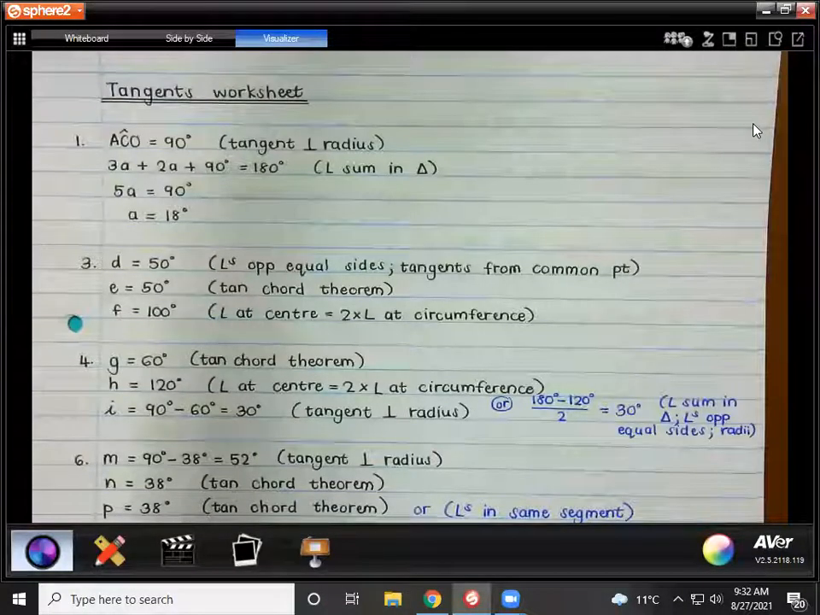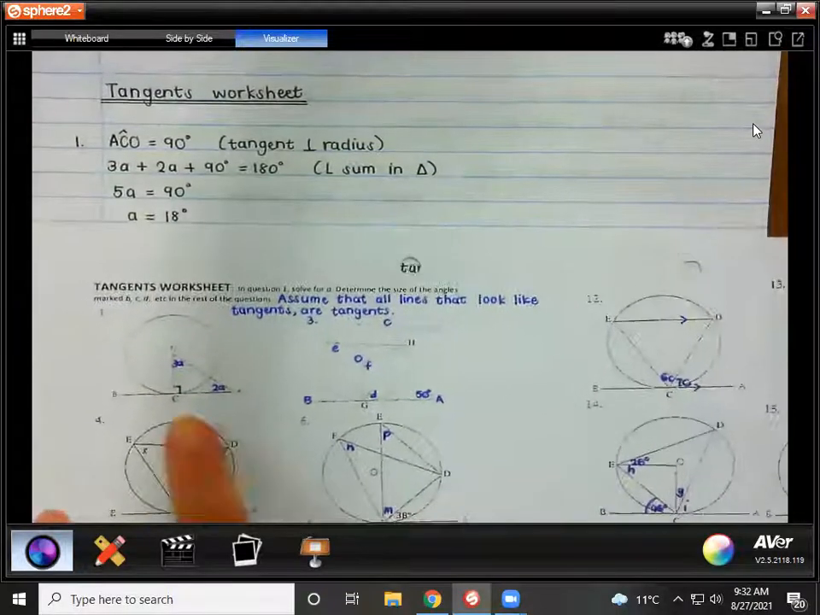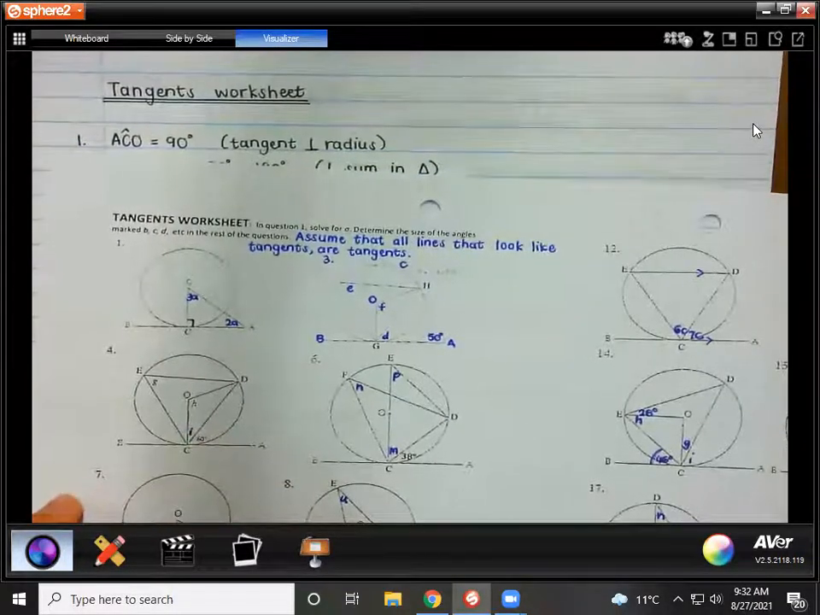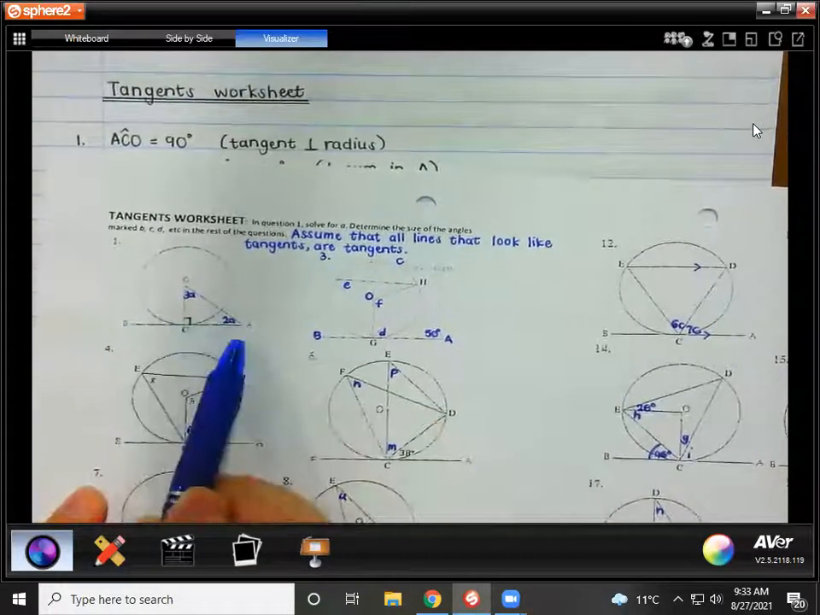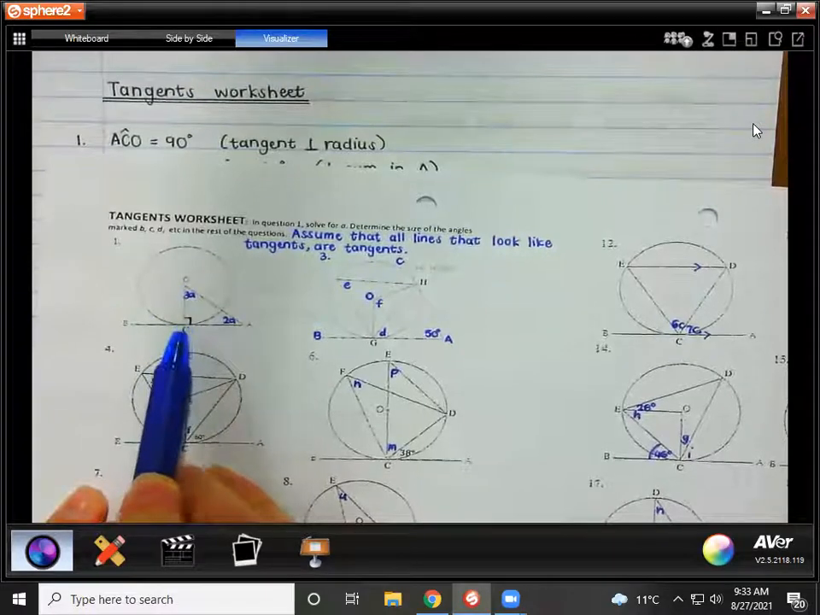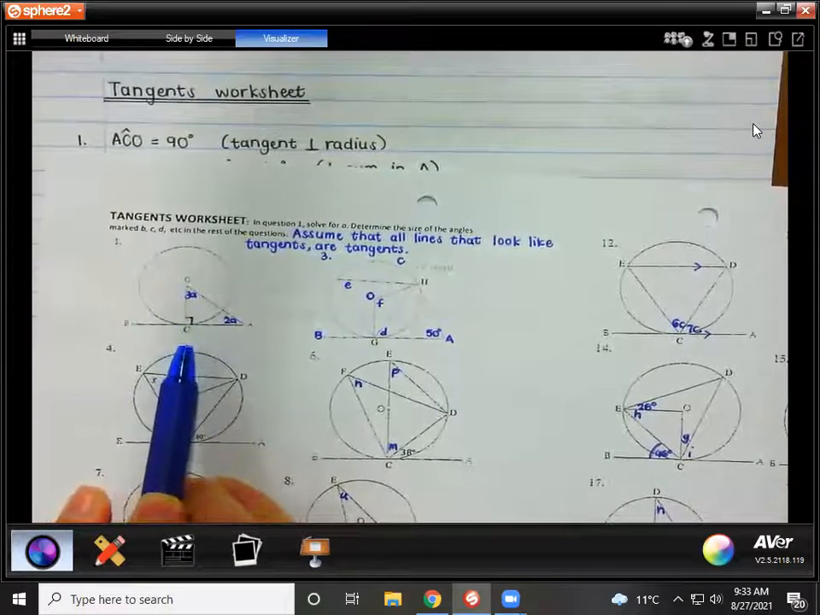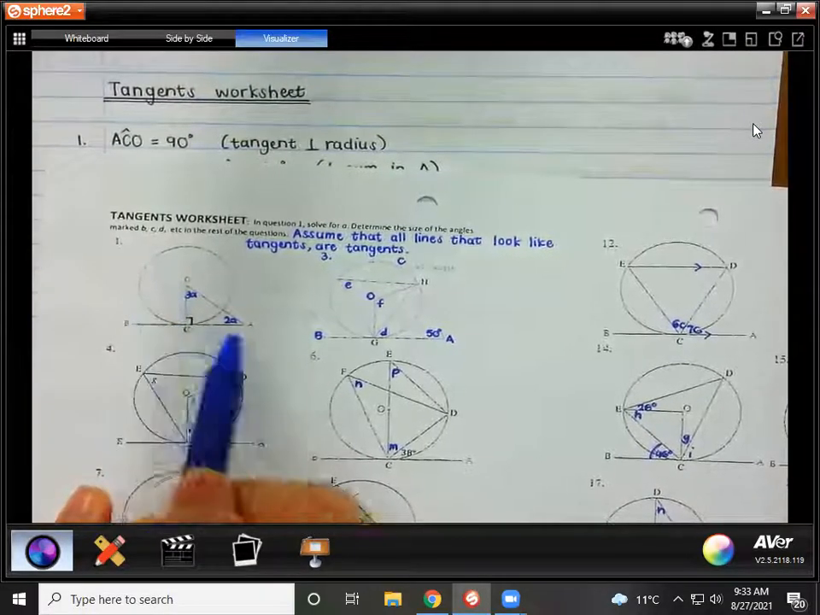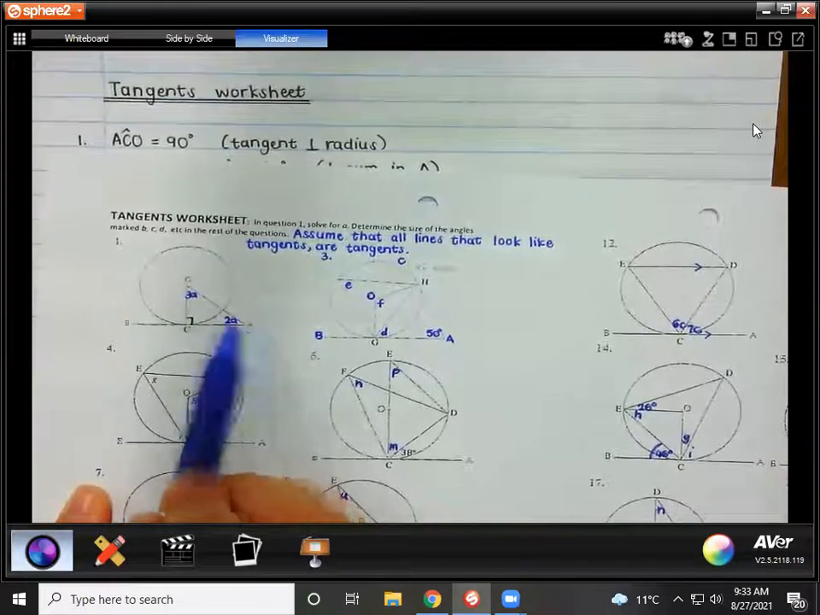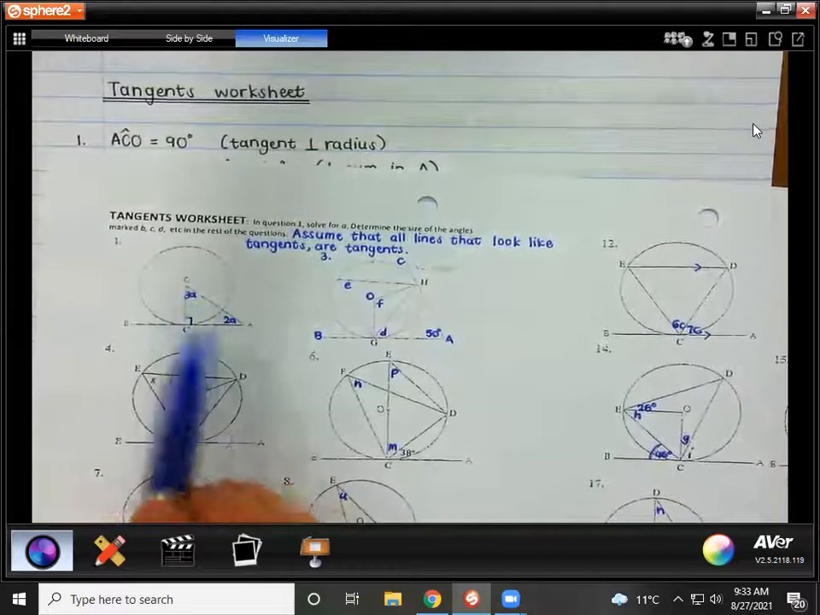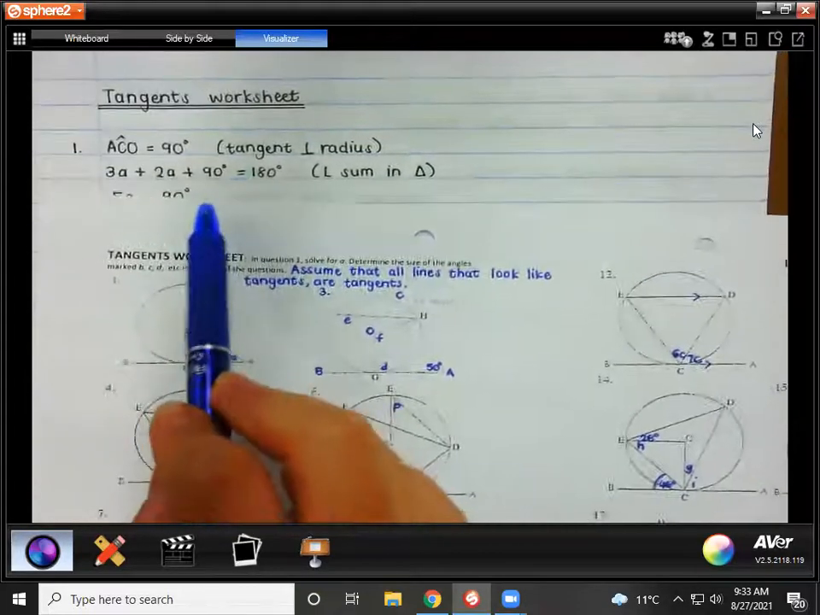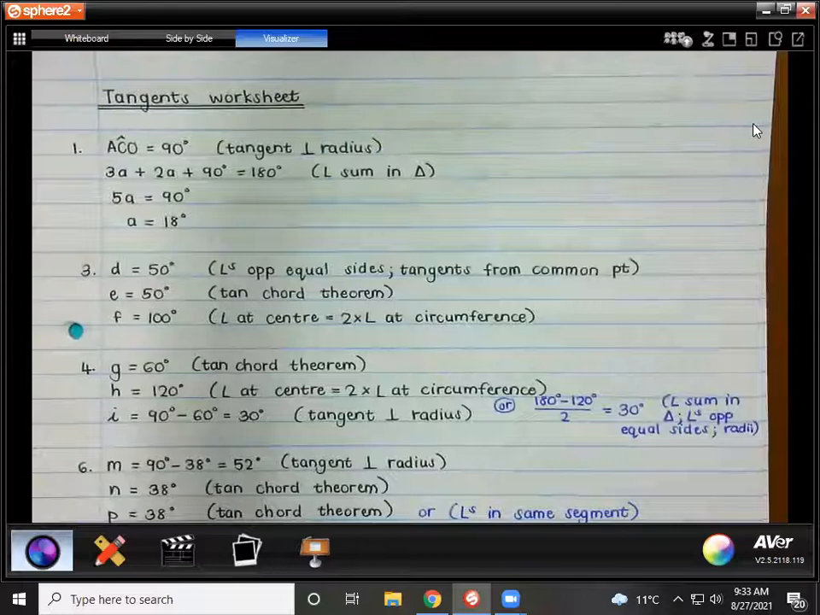Right, guys, so for number one there, I did fill, and I also spoke about this one in the lesson yesterday, that angle will be 90 degrees because we have a tangent and a radius. So that is 90, which is angle ACO or OCA, doesn't really matter. And then you have three angles in a triangle there. So you can say 3A plus 2A plus 90 will be equal to 180 degrees because of angle sum in